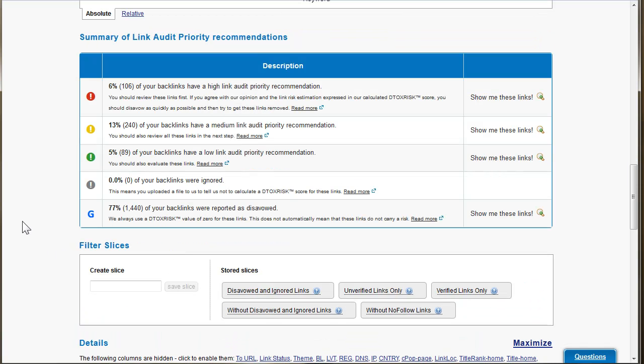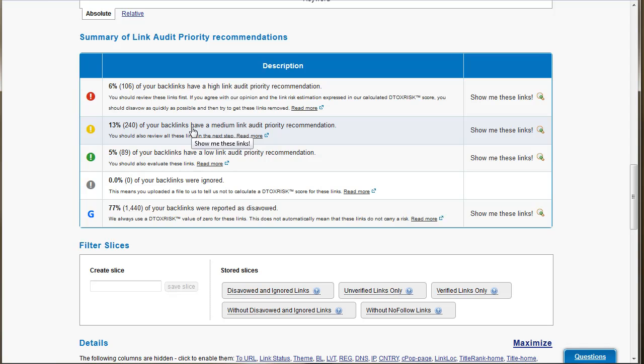So what this shows here is that 6% of the links, which is actually 106, have a high link audit priority. In the olden days we used to call these toxic links, but really you need to go and check them to see if they are or not. And medium link audit priority, these are quite borderline cases, and it's worth looking at each one and deciding if you really want that link, if it looks natural or not.